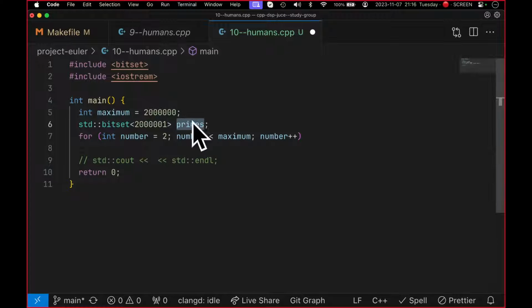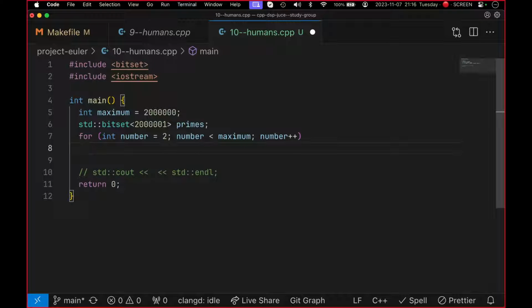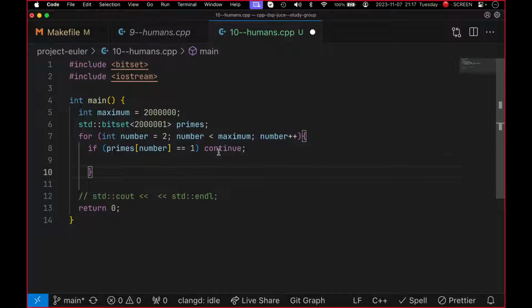Okay. But the thing that I want to say is that this is not a vector that tells you if the thing is prime. We are actually able to tell if it's not prime. I guess I will keep primes as the name, but we have to remember that 0 means prime and 1 means not prime. Anyway, okay. So we are going to go over all the numbers, and if primes at number is equal to 1, it means that has been marked. So we skip it. And otherwise, we'll